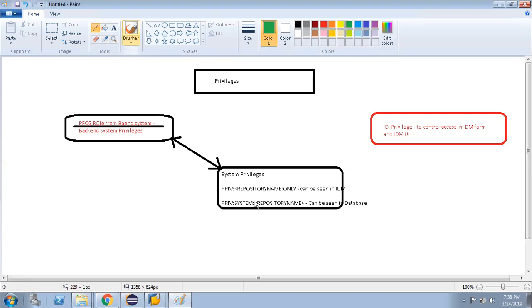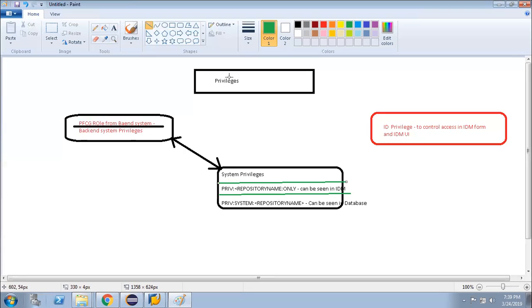Every PFCG role will be linked with these system privileges, so that whenever a PFCG role is assigned to a user, these system privileges will be assigned to the user. Once this role is assigned to the user, the user will be created on the backend system first, then the role will be assigned.